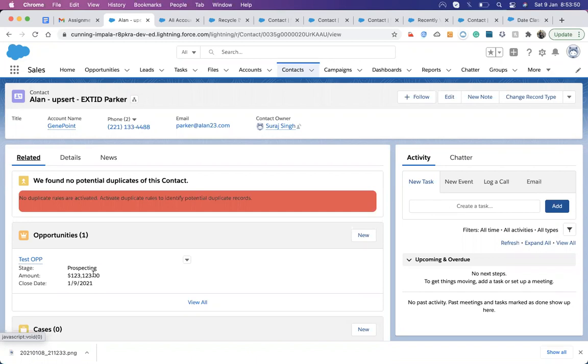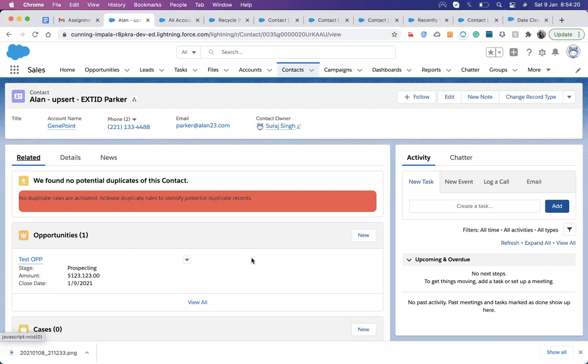It will roll back all the IDs and all the relationships. That's what you have to know, the basic difference between undelete and insert, because it might be confusing. That's why I'm telling you the basic difference between these two.